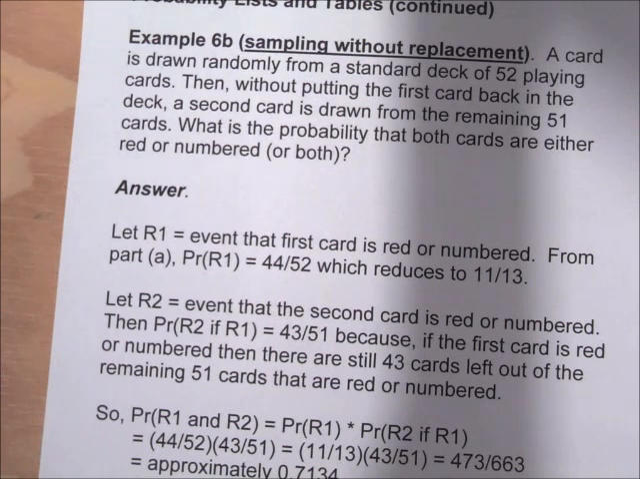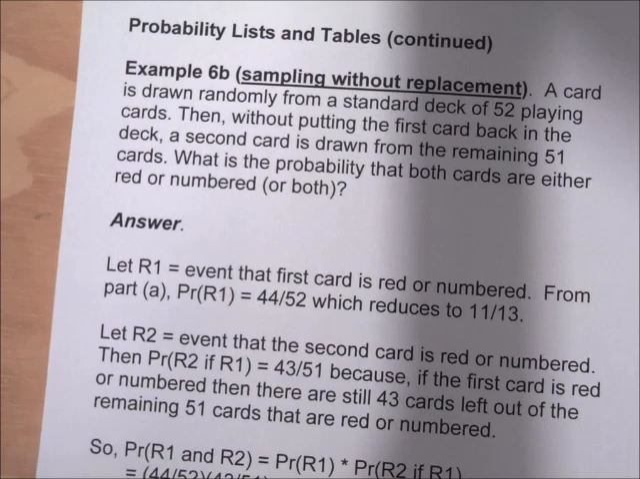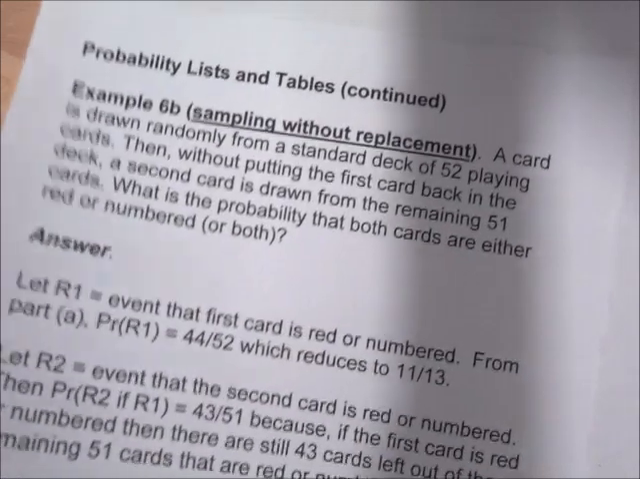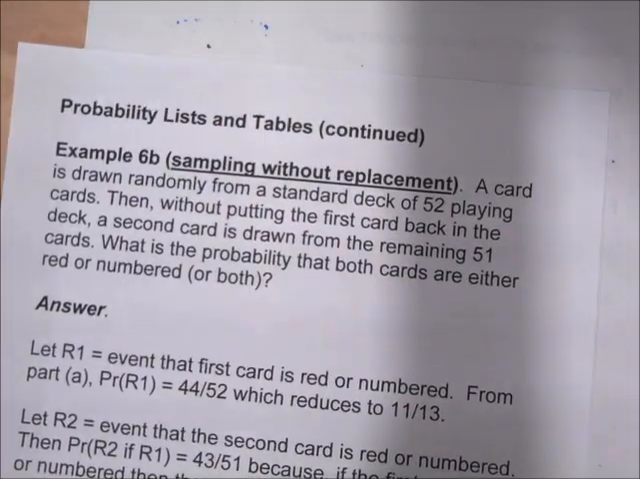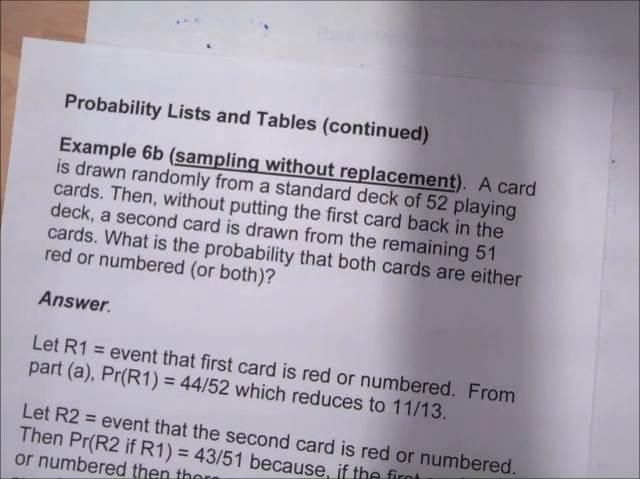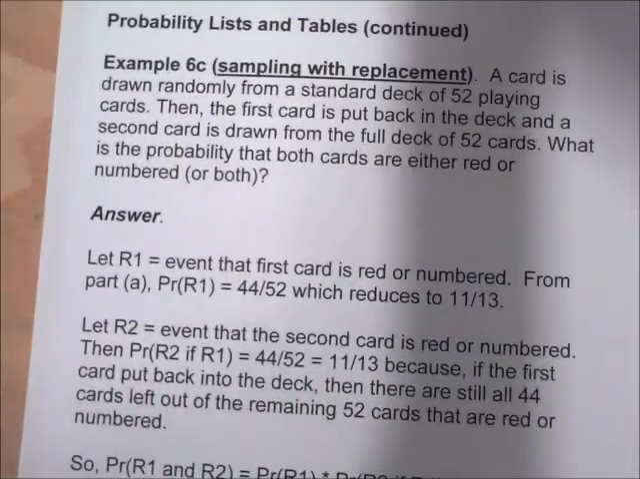So technically, the events when you're sampling from a larger population are slightly dependent. They're not entirely independent. If you sample with replacement, then the probabilities don't change. So if we draw